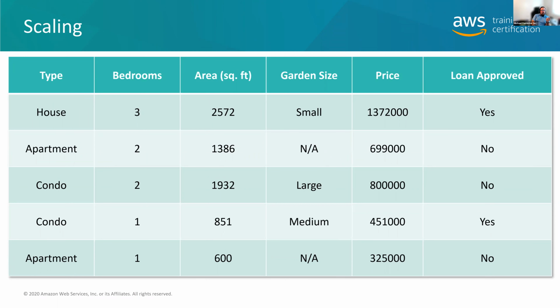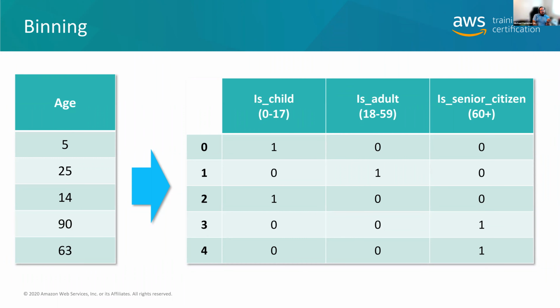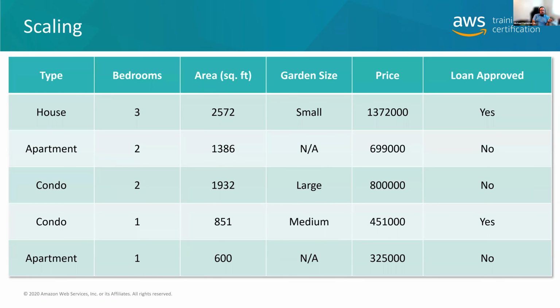You also might need to scale the data. Probably binning can help with that. Scaling is probably the other thing you're going to look at, right? So for example, here, if you look at the bedrooms, it just ranges from 1, 2, 3. Let's say it even went up to 5, just to throw that out. And of course, the square footage should go up with the number of bedrooms, right? Ideally, although there might be other things that vastly increase the square footage as well. But notice here, because I see a label of loan approved, they're trying to predict loan approvals,